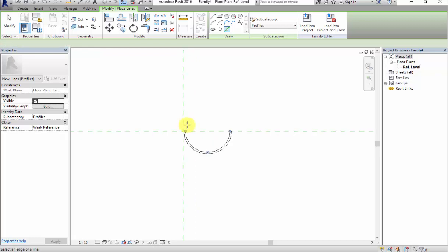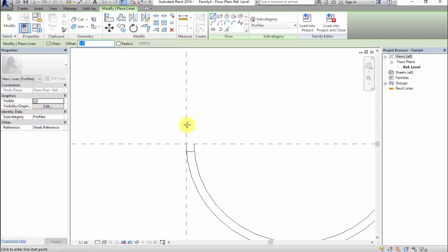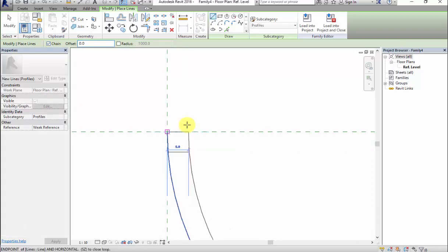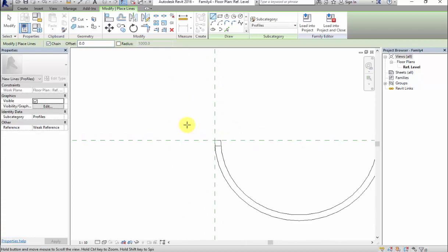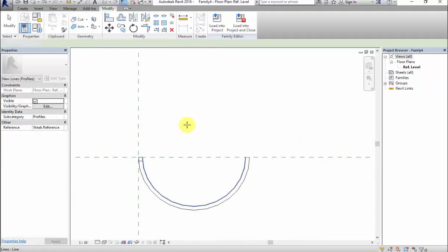Just join it like this. Again save this and click on Load into Project.